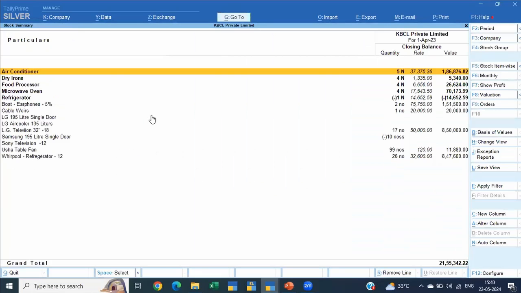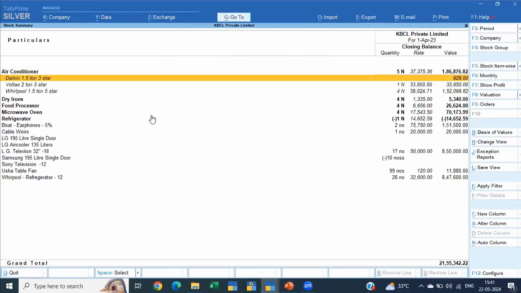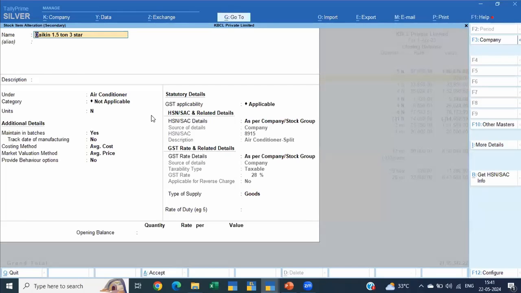I am not going to do any changes here, but this is the second level where you're going to do. Now, should you do it at stock level? No, you should not do it at stock level. Okay. It will automatically be picked up. In case you want to make the change, you make it.